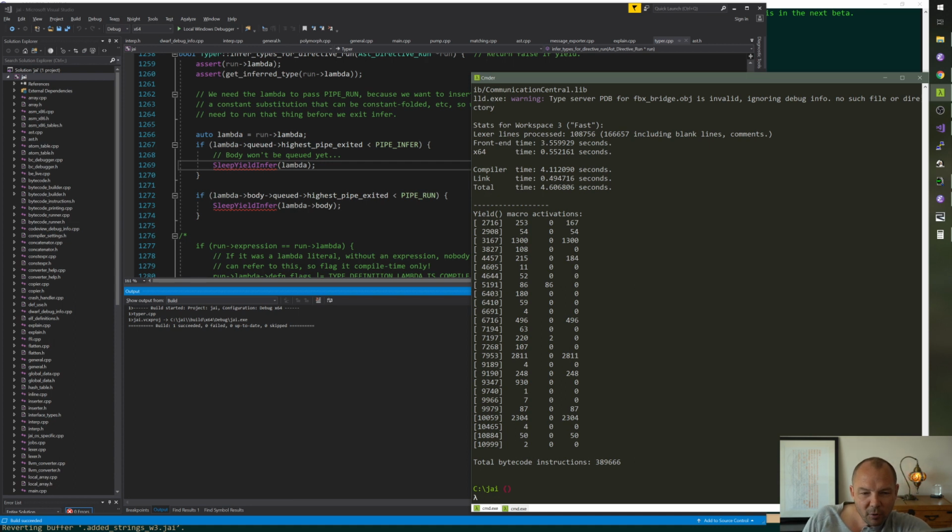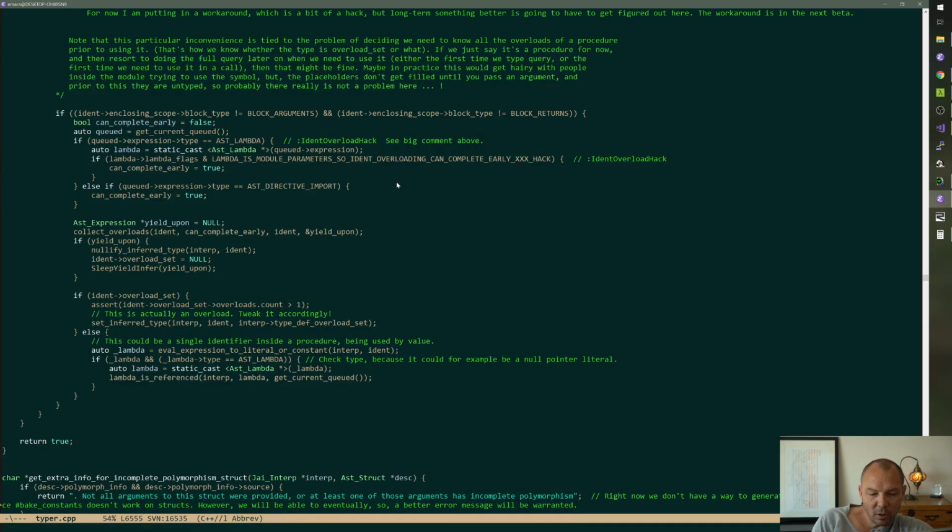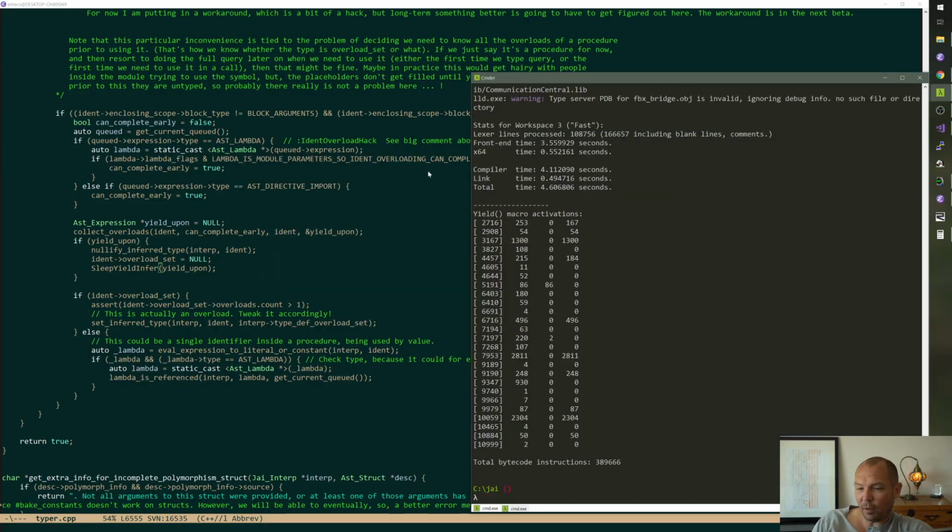How fast is it in release? I don't know. So we got rid of 80% of the yields. The question is, I don't know how much faster that will be in real time. It might not be any. We'll go measure it now. The thing is, those might have also been cheap yields, and maybe some of these other ones are more expensive. And then it would be important to hit these as well.